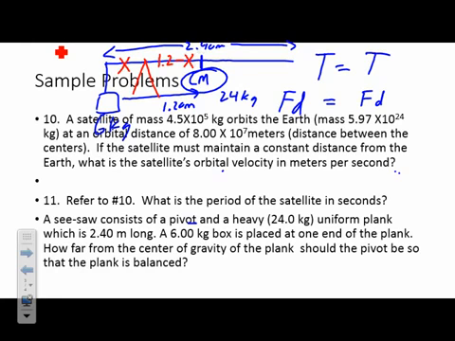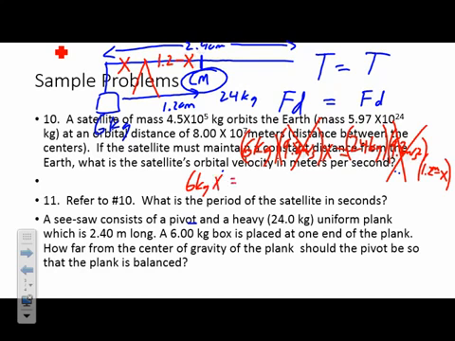So over on the left, the torque would be 6 kilograms times 9.8, because this is about force, times distance, x. That's equal to the force on the right, which would be 24 kilograms times 9.8 times 1.2 minus x. It's 1.2 meters. So we can cancel out the 9.8s. That gives us 6 kilograms times x equals